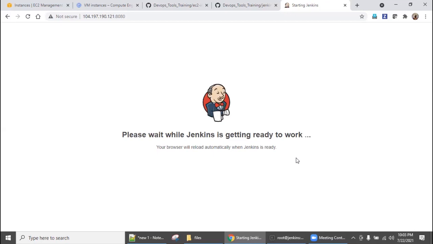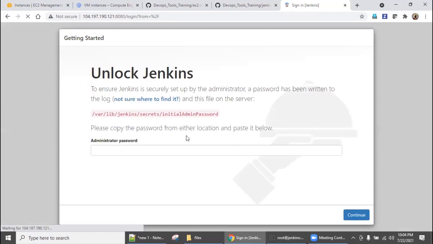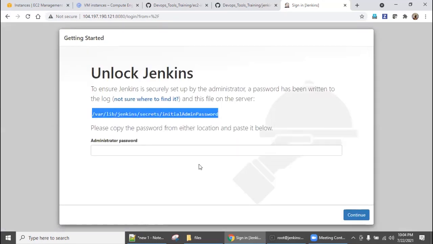Let's refresh this. The first time, Jenkins will ask to install the plugins. So we'll go with the default mode. For the first time login, it will automatically come up with the username, and the password we need to give one time from this file.